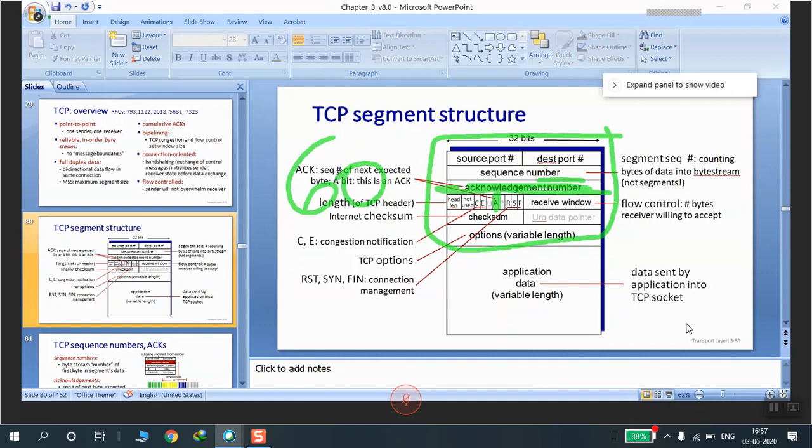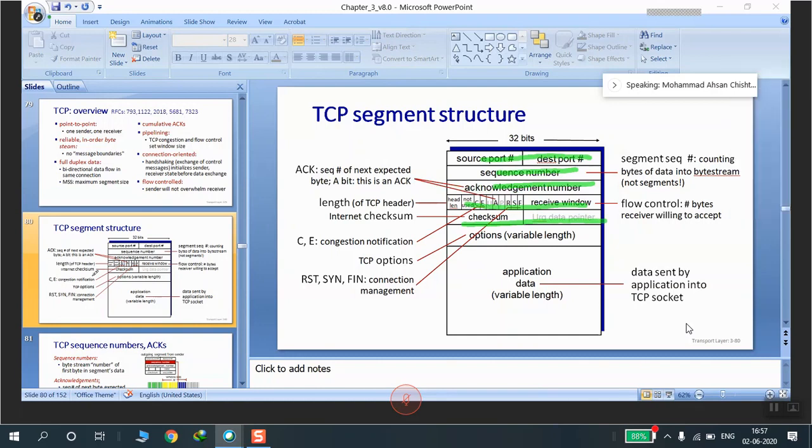Now, if we have 60 bytes here, what was the 40 bytes we used it for? This won't change. The size here remains the same. All this remains the same, except one thing. That is what? Options. That is variable length.